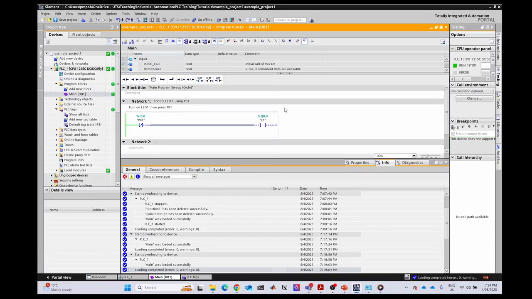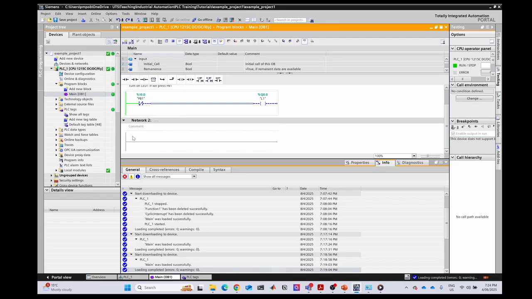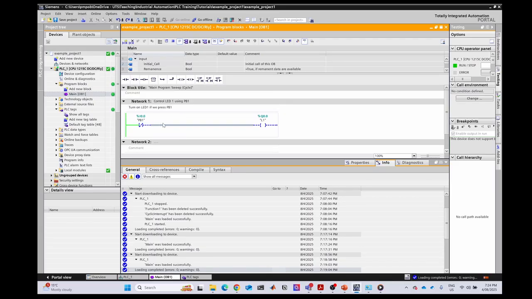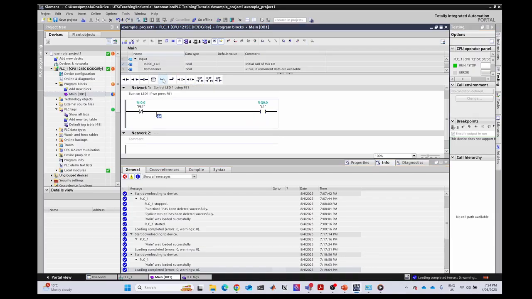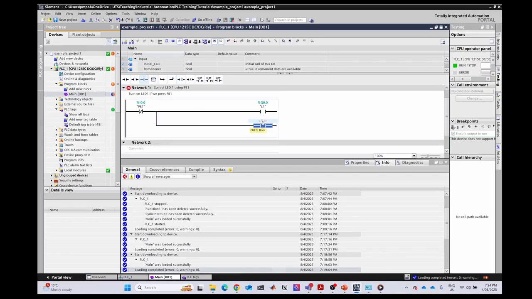Okay, so if you want to add more actions to the same button, you can create a new network, but you can also start adding branches to the existing network. For example, I'm going to click here in between, after the button, and you can use this here to open a new branch. For example, every time we press this button, I want to turn on L1, but also I want to turn on L5. And you can do that by including this new output here. So L5,